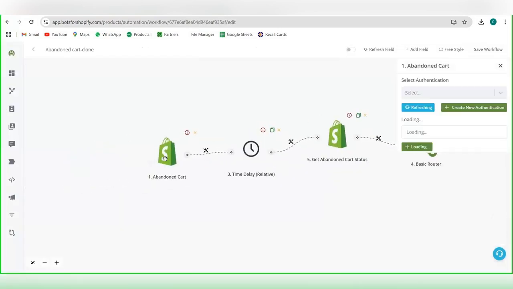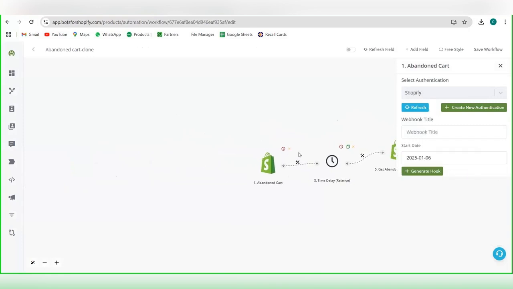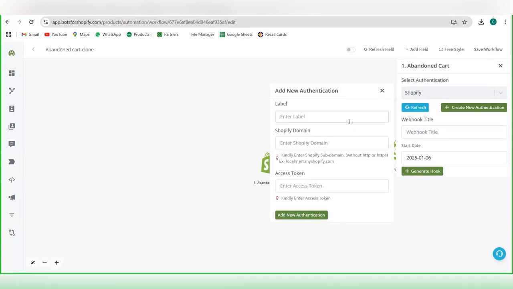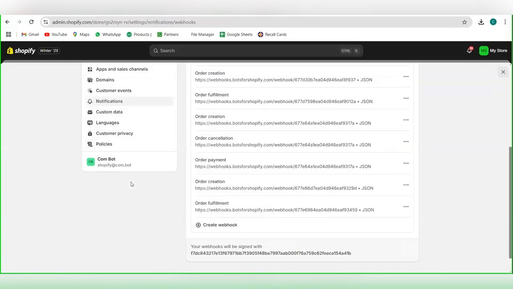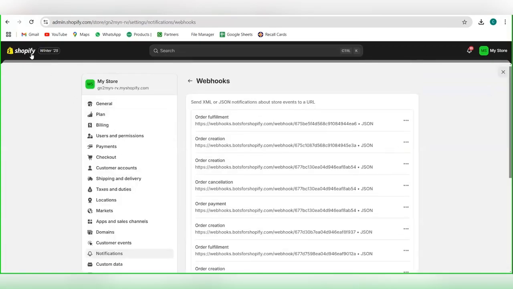For the abandoned cart flow, we have the app for abandoned cart. We'll create the authentication. Let me create a new authentication. We'll give the label for the Shopify domain and access token. We'll go to Shopify, and we have to create the